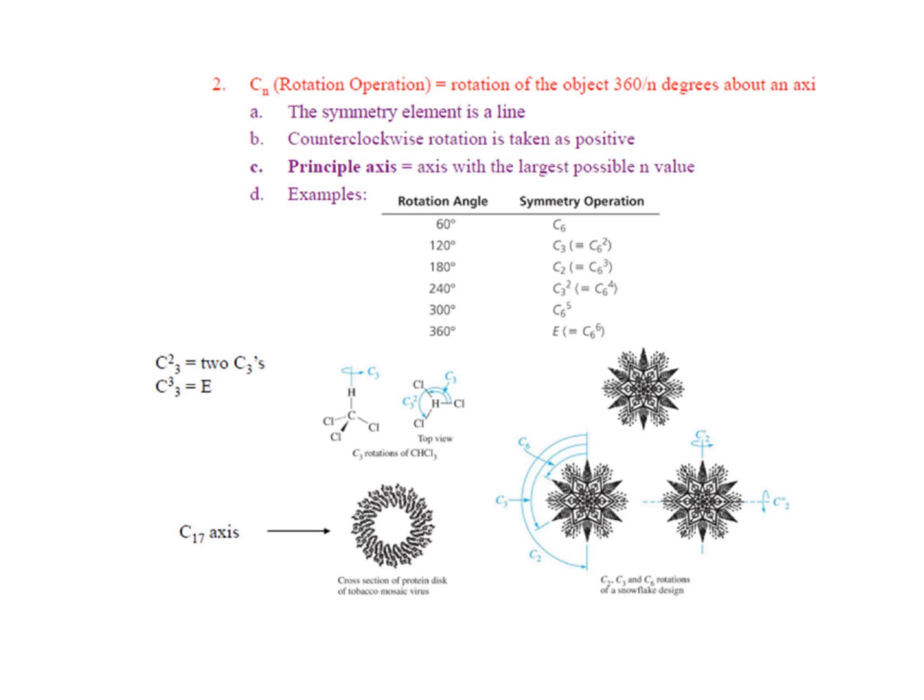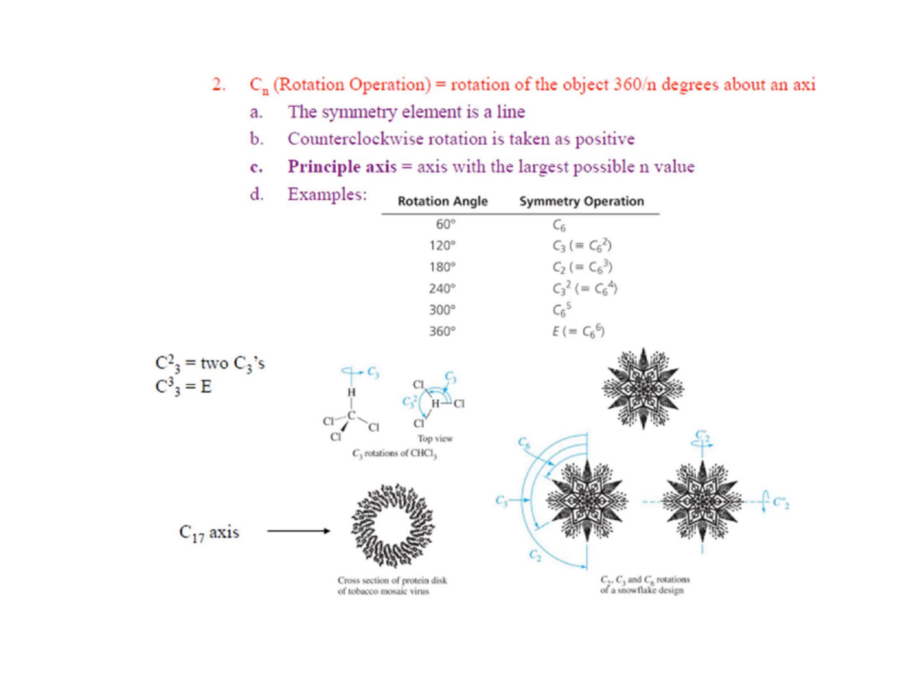An operation and an element differ in such a way that when we apply the element with the function, it produces what is termed an operation. So the first operation we will study is rotation. It is similar to the principal rotation, and it is equal to rotation of the object through 360 divided by n degrees about an axis.